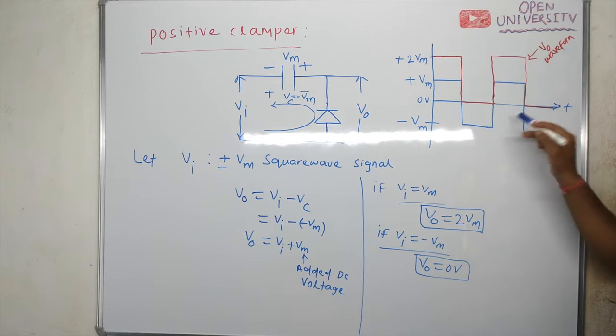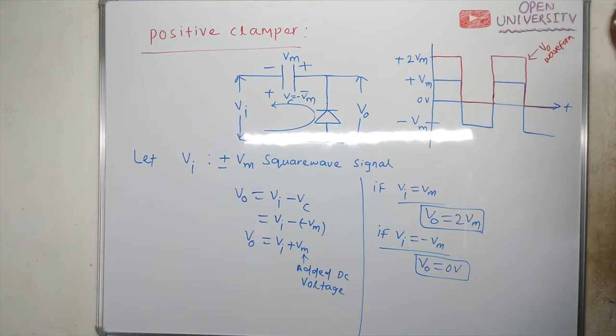This is your input voltage waveform, in red and blue color. Then write down: during the negative half cycle, the diode becomes forward biased, in brackets short circuit,